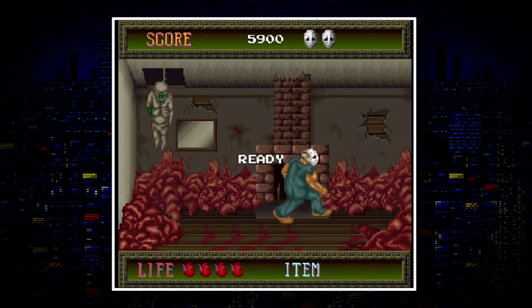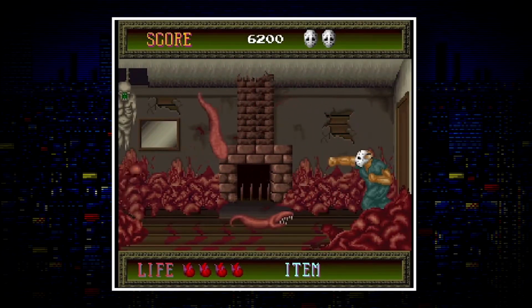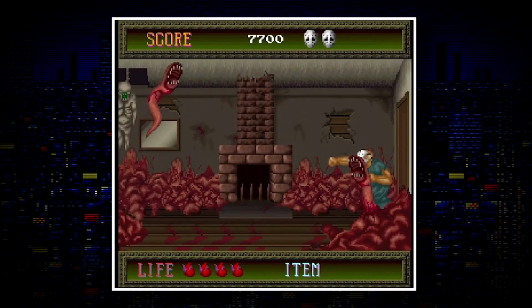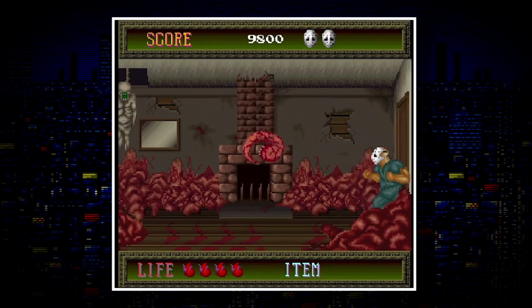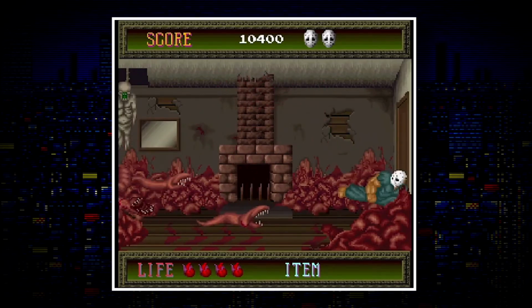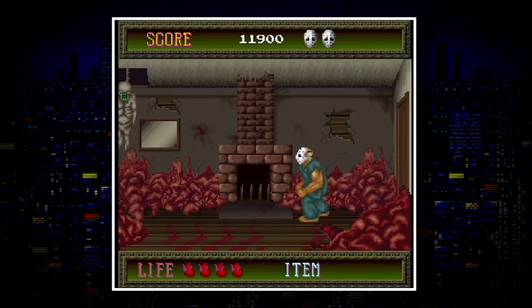Rick is brought back from near death by the Terror Mask, which promises him the power to go and save Jennifer as long as he wears it and accepts the power that he's given. So off Rick goes on an intensely gruesome and violent beat 'em up. Now, being an arcade conversion, this game is hard, like really hard, but it's also incredibly good fun, and would